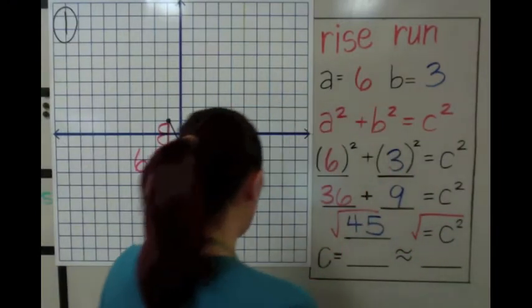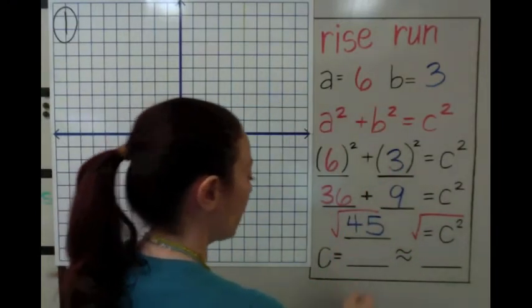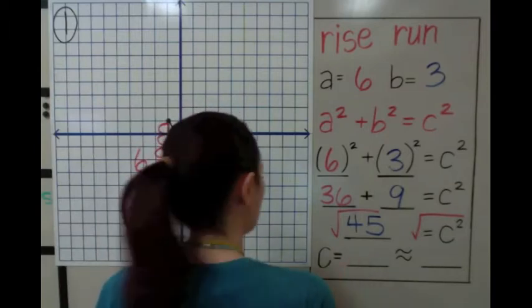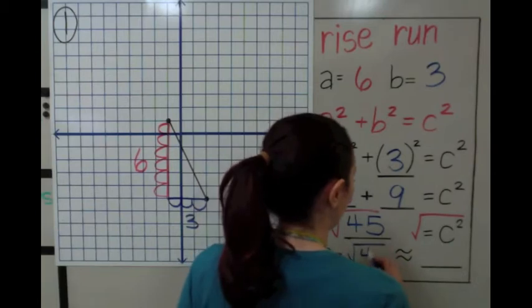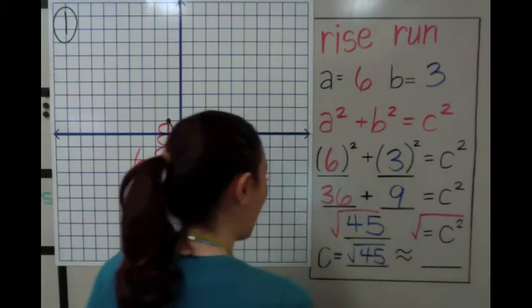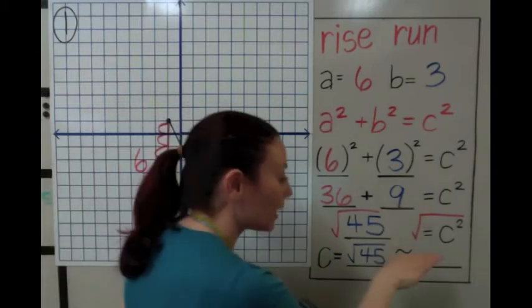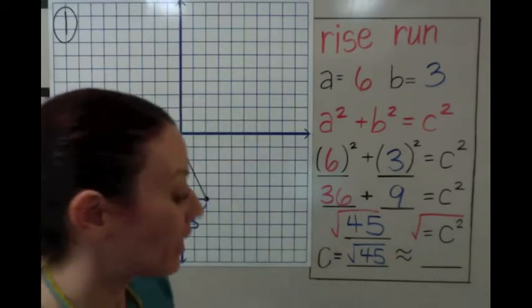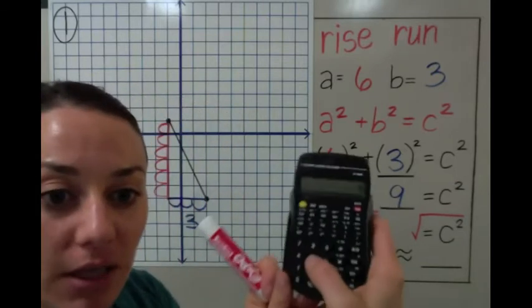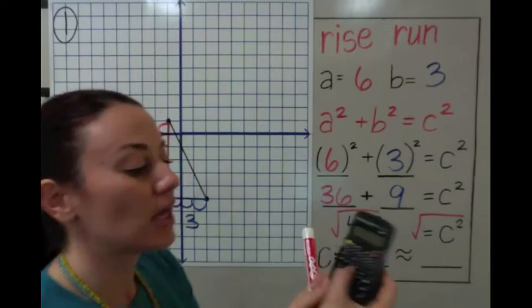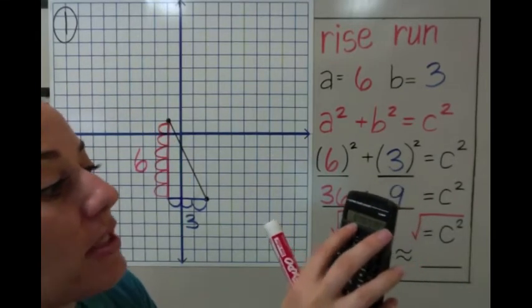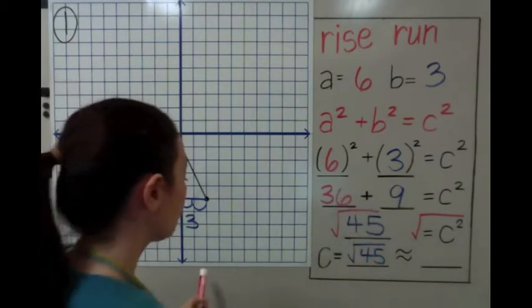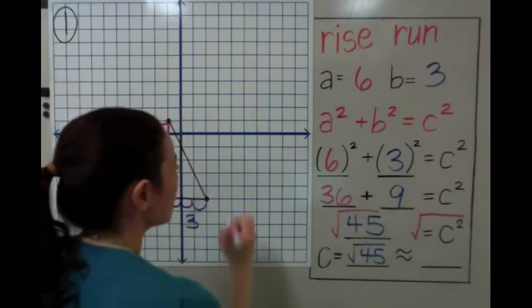So square root both sides, and the square root of 45, you're going to write here because that is an acceptable answer. So c is the square root of 45, but if you want to figure out approximately, that's what the calculator is for, what is the square root of 45? In your calculator, you put 45, and then you hit that square root button, right? So it's 6.708, and let me just tell you, if it's